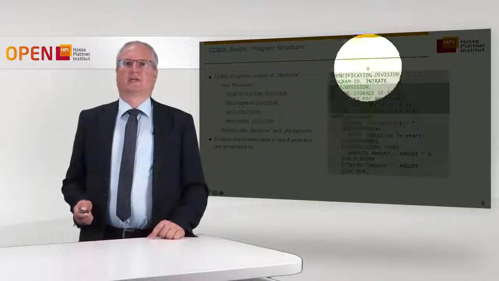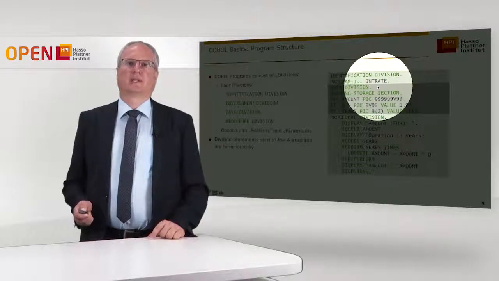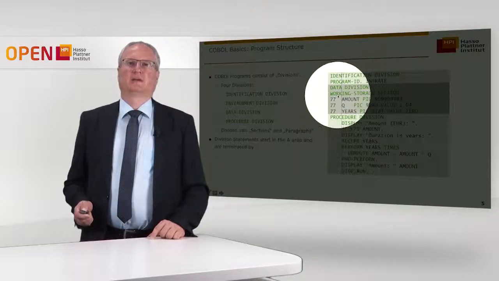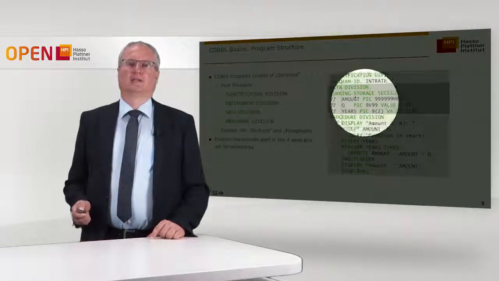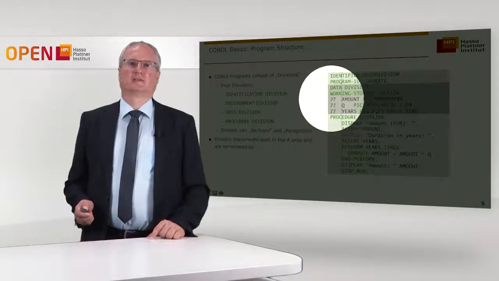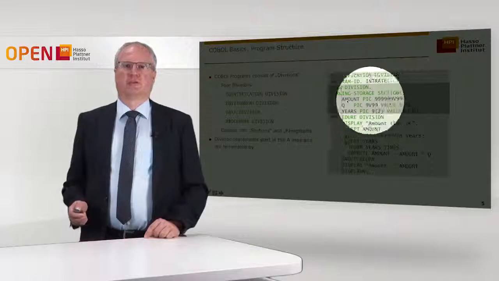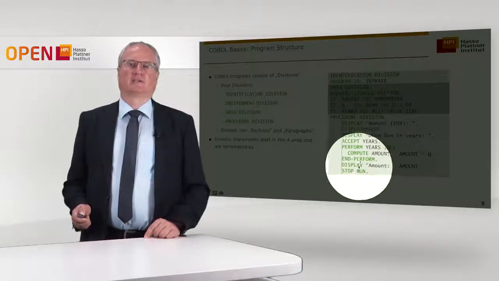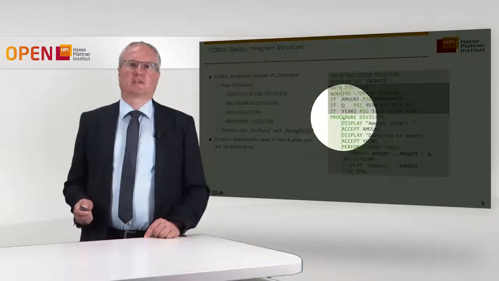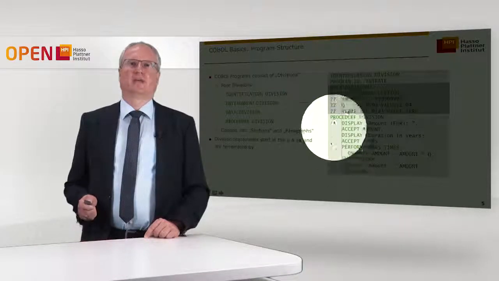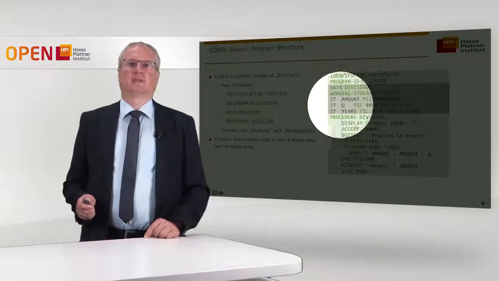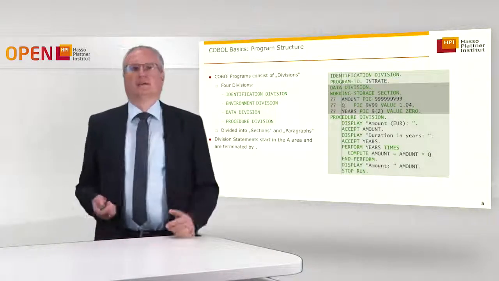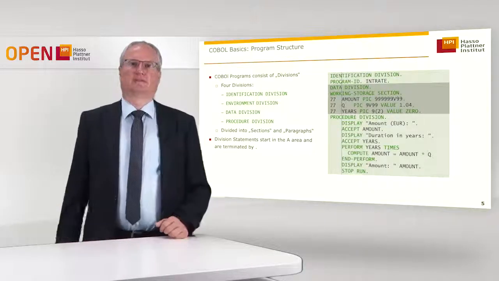On the right-hand side, you see a simple example program that illustrates this. It's a program that calculates an interest rate. Here you see the identification division with the program ID interest rate, and the data division containing the working storage section. Here the variables are defined. In the data division, the most important and typical section is the working storage section, which describes all the variables. And then there's the procedure division, and here are the actual instructions. You see that the instructions themselves start in the B area. So here is the A area, and this is the B area. So we have an indentation of 4 characters here. And I marked the data division with a gray background to distinguish the different divisions.